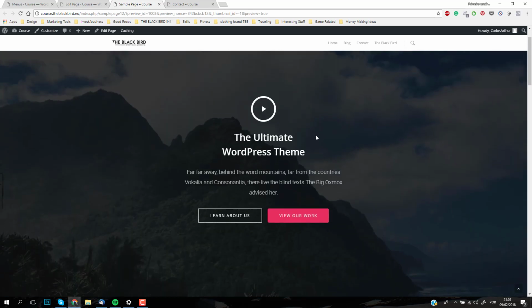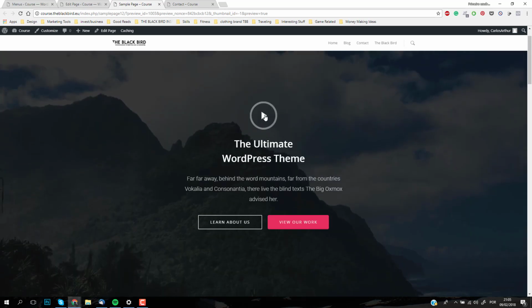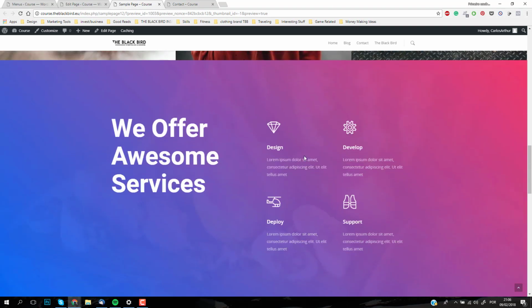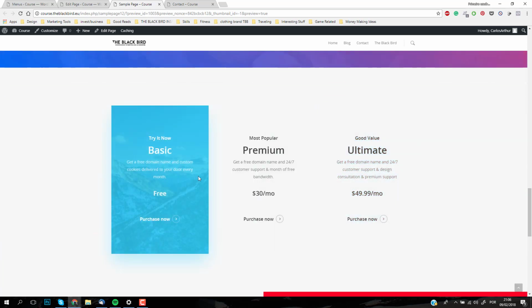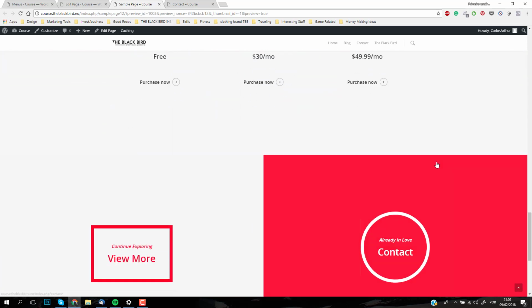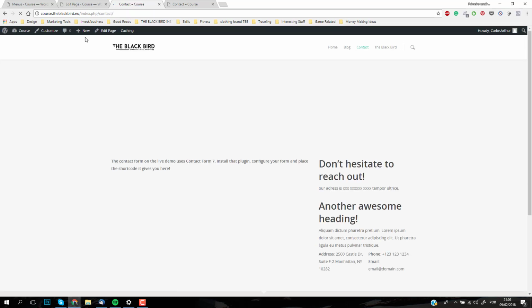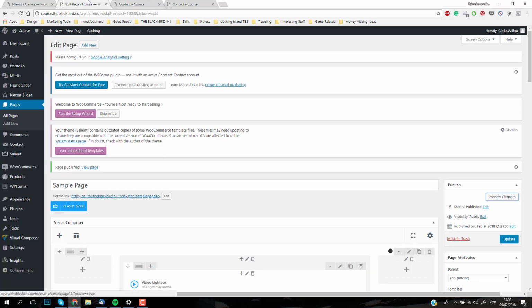So you have your hero area where you can put a video, you have your theme here, you have the service that you offer, and then you have the packages, and then here you have the call to action, contact, and when a person clicks on it, it will send them to your contact page. Now, again, it doesn't show here, right? To fix this, all you need to do is click on update,